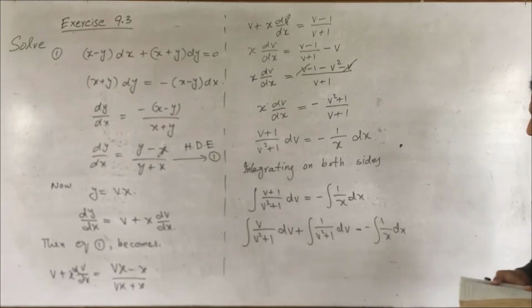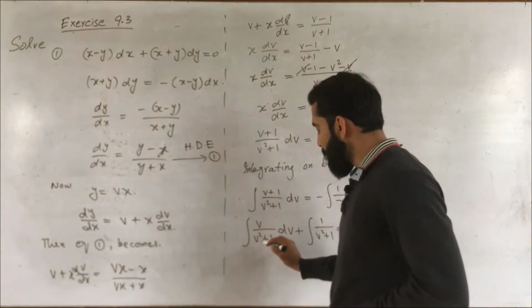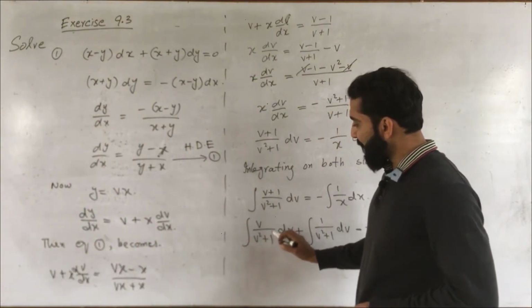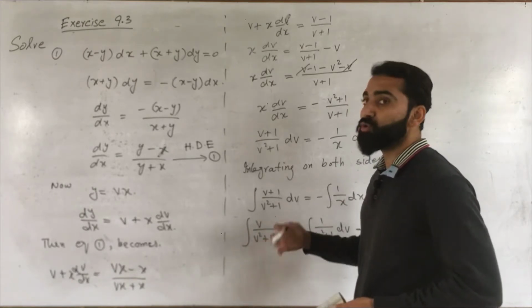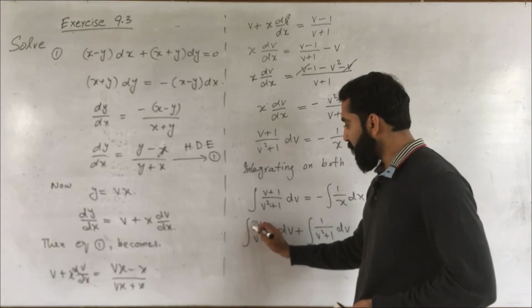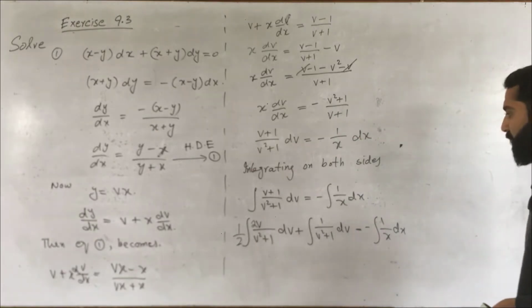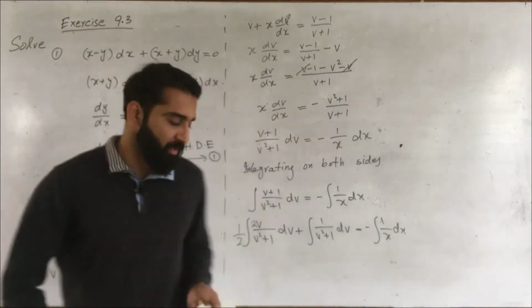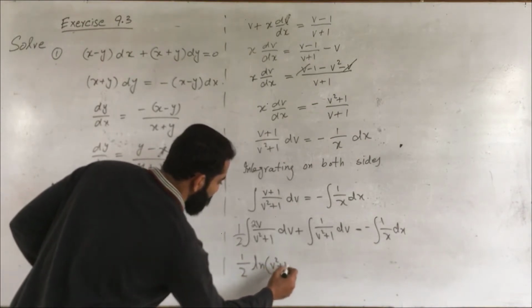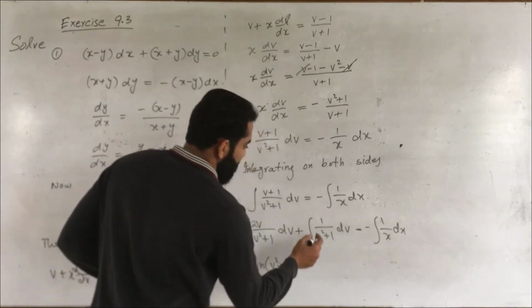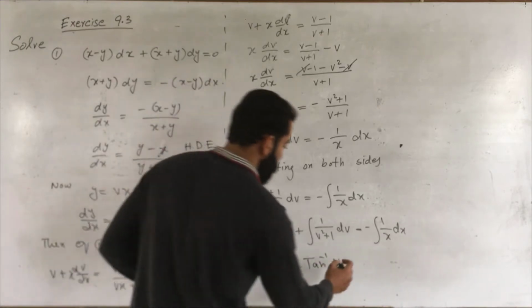we separate them. The first can be solved by using the natural log integration method, where the derivative of the denominator is present on the upper side. We can make the derivative of the denominator, which is 2v, on the upper side by multiplying by 2 and dividing by 2. Now the derivative of the denominator is present on the upper side of the fraction. So we can have the integration as 1 over 2 natural log of v square plus 1 plus, this is the formula for the integration of 1 over v square plus 1, tan inverse v,